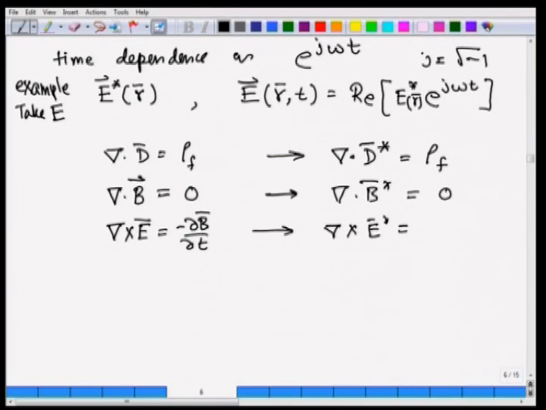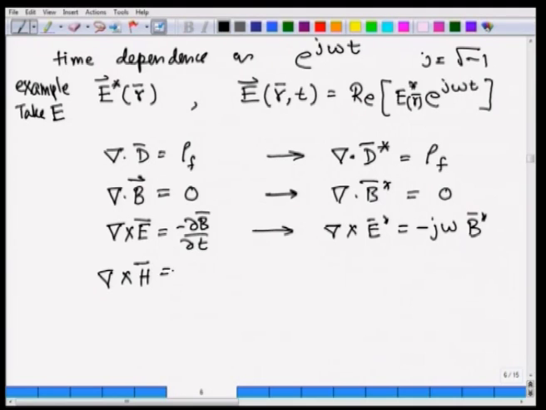So the time derivative we will write as j omega of the same quantity, since in an exponential it will recover the same quantity. Whenever the time derivative del t appears, a j omega will appear because the time derivative is taken in this form, of B star, and similarly curl of H